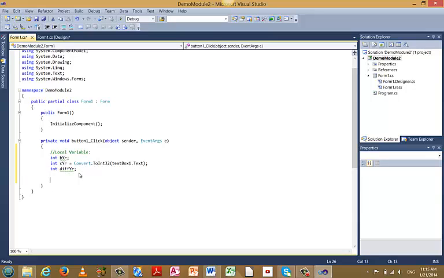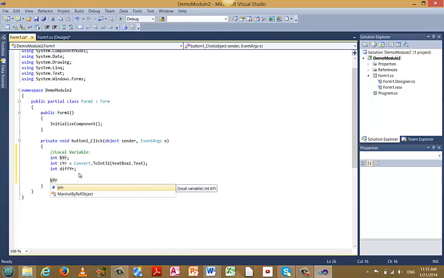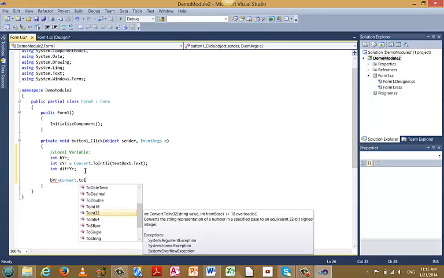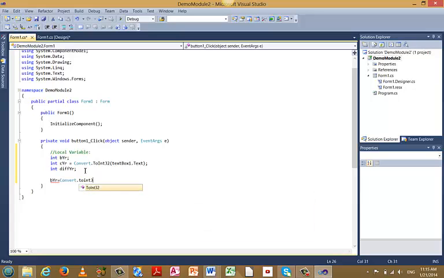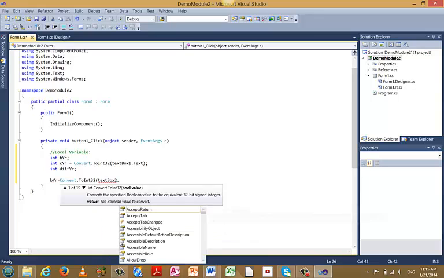And then I'm going to use some dedicated assignment statements, and I'm going to let B year be equal to Convert.ToInt32 text box 2 dot text,